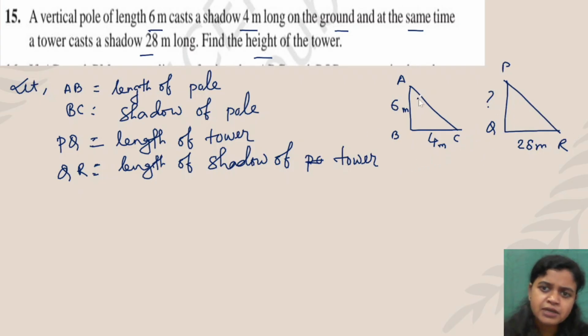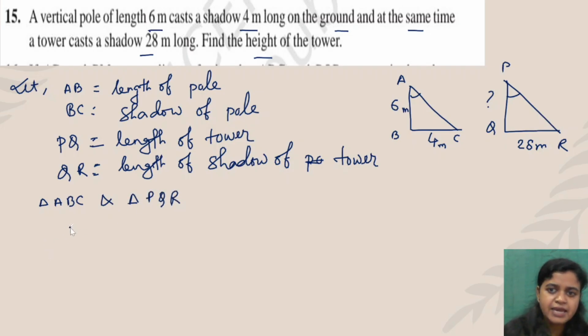Okay, and we know that at the same time, when sun rays fall on different objects, they fall at the same angle. It means this angle and this angle will be equal. Angle A equals angle P, because when sun rays fall on different objects, they fall at the same angle. Okay, so in triangle ABC and triangle